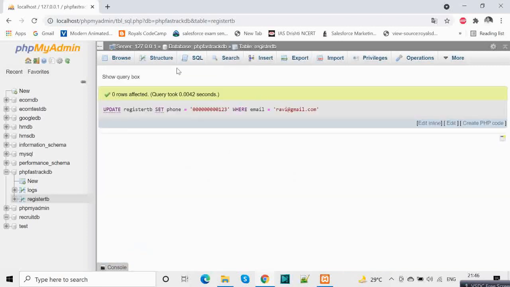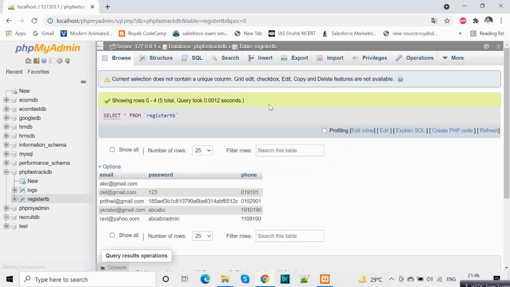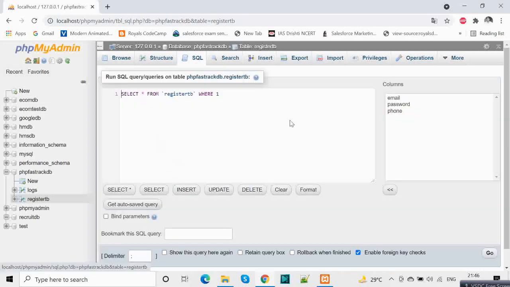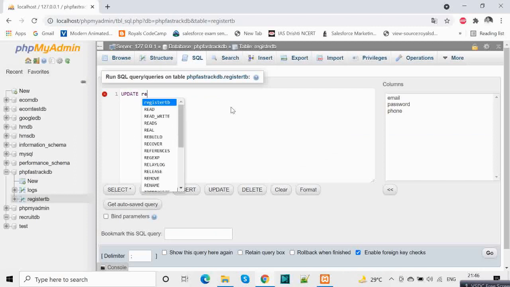So this made no change. It was yahoo.com, so that's why it didn't happen. Let's do it again.